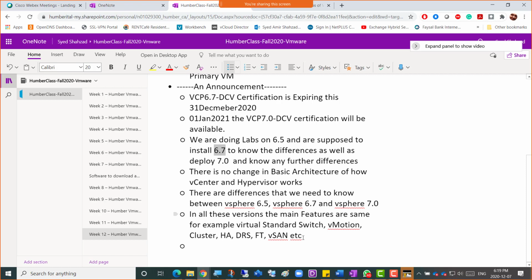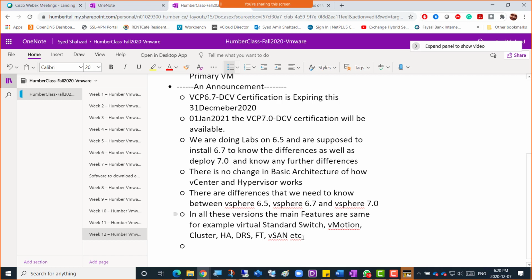I've sent emails to the VMware certification support asking whether we can use the 70% discount vouchers for both 6.7 and 7.0, or whether we need to wait till January 1st 2021 to get the vouchers for the newer 7.0 version of VMware.